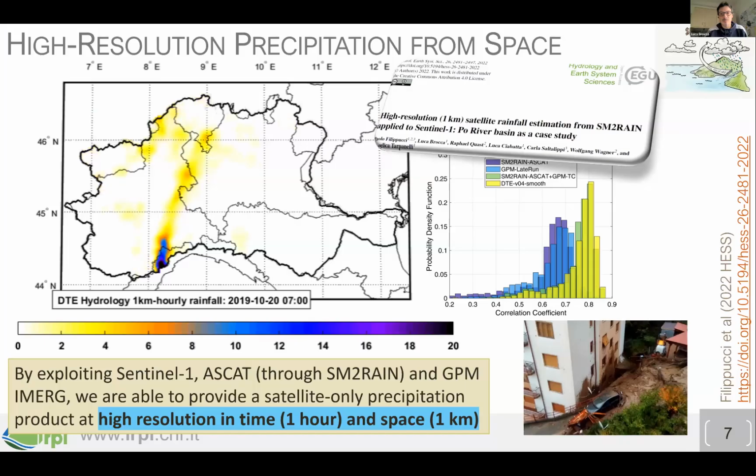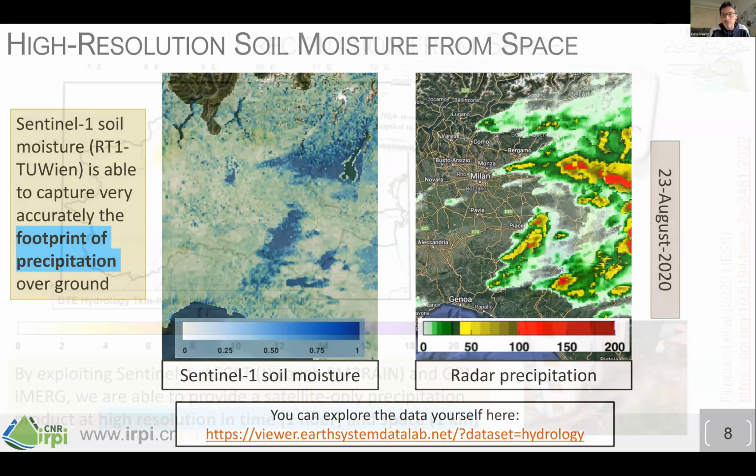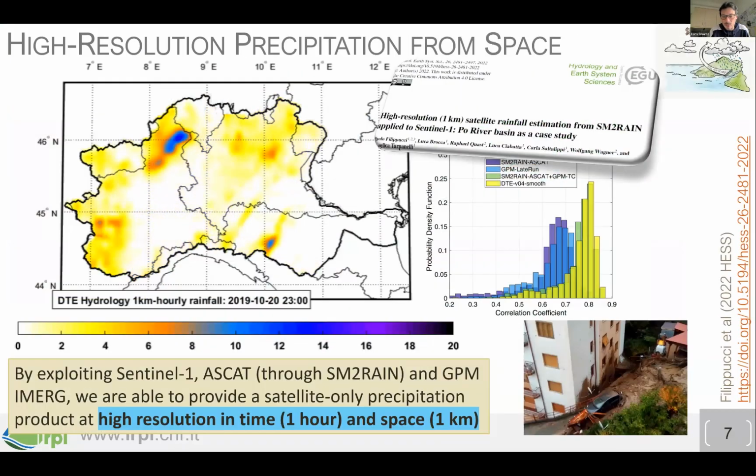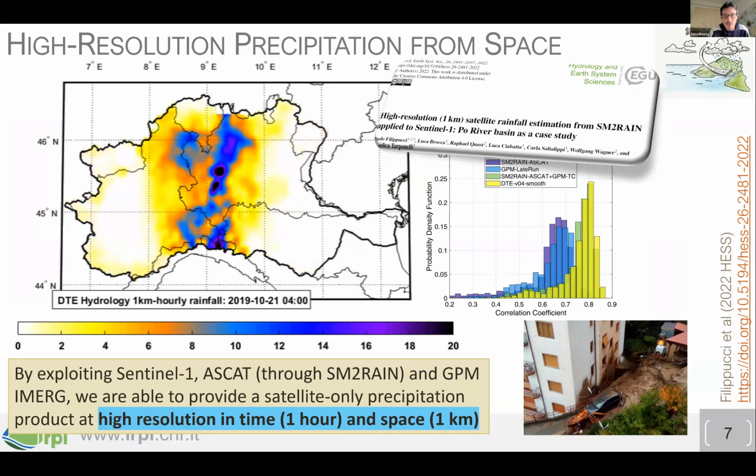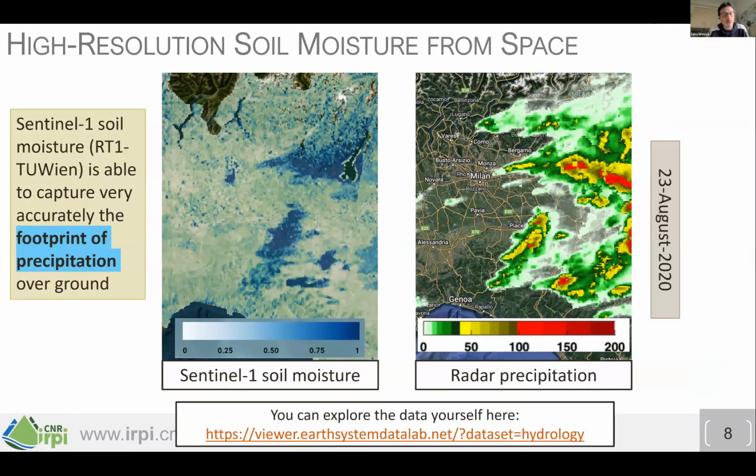So, what we have? What we have developed, for instance, by using satellite data, is high resolution precipitation data, 1 kilometer 1 hour for some regions. For the whole Mediterranean basin area, we have 1 kilometer 1 day, exploiting the different satellite data sets and merging them together. At the same time, for instance, we exploited Sentinel-1 observations.